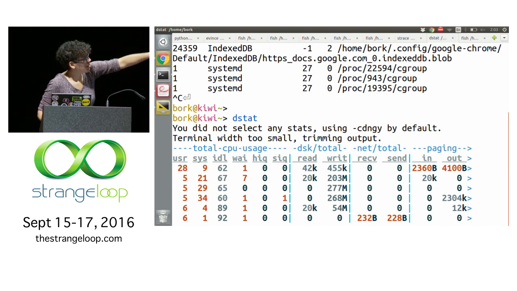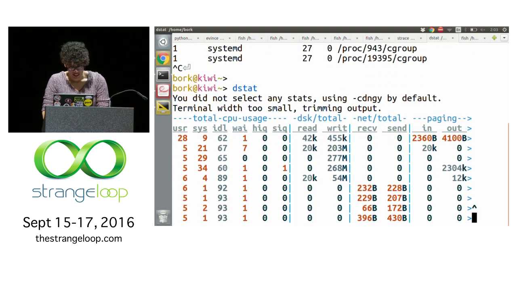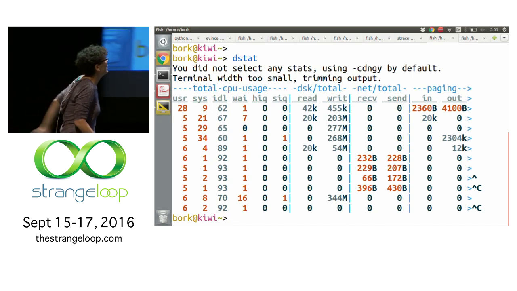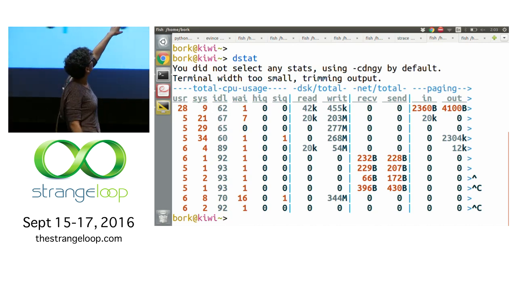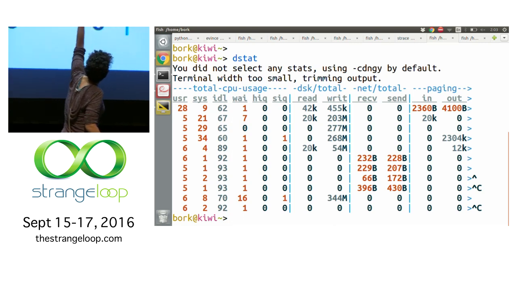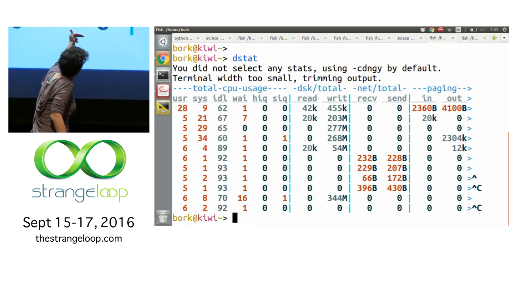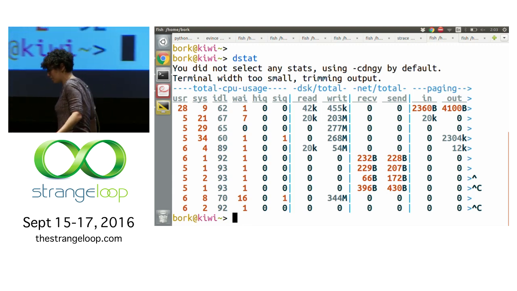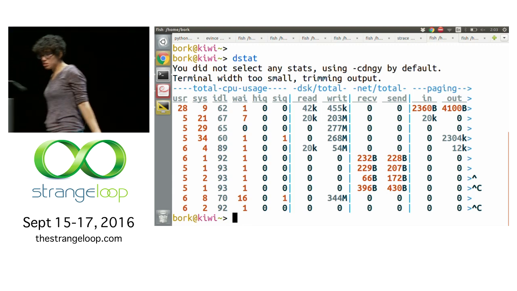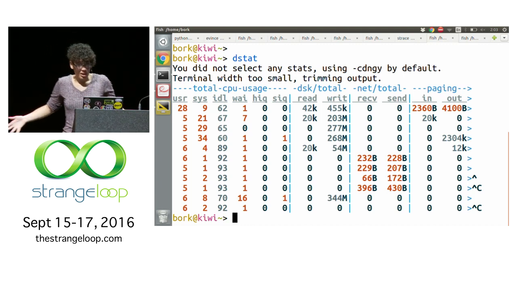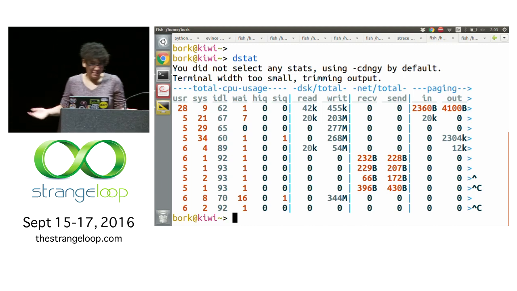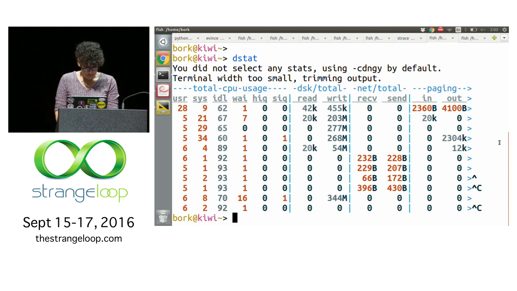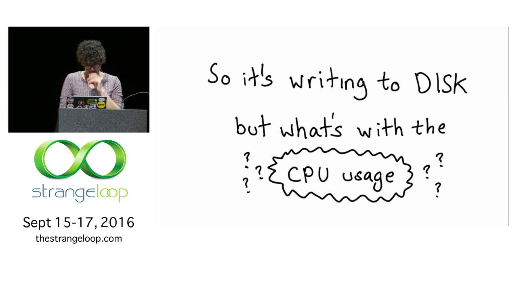There's read and write in the middle there. Let me close this. And then I can point to stuff before it goes off the screen. No, Control-C, Control-C. OK, so in this write column here, you can see that it wrote 455K, 200 megabytes, 300 megabytes, 300 megabytes, and then it stopped writing stuff. So somehow we instantly know what this program is doing, right? This program is writing stuff to disk. And we don't care that it was written in Python, right? We know that it wrote 300 megabytes to disk that second. So that's cool, right? We've already learned a lot.